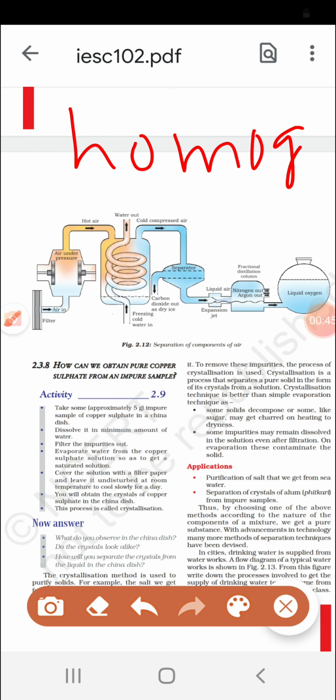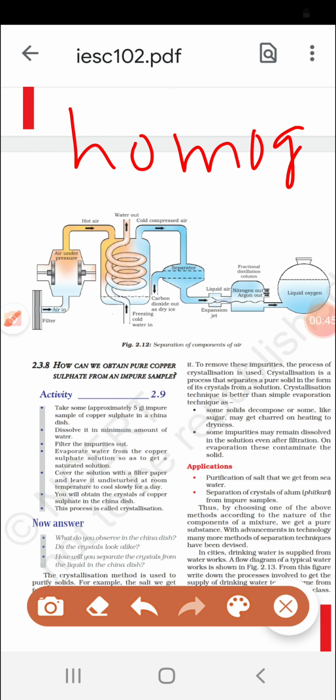Why? Because carbon dioxide, we know, will convert into a solid in the cooling process and it will block the whole pipe. So that's why we have to first remove the water vapor and the carbon dioxide. Then the air is compressed. This is the next step. Air is compressed to high pressure and then it's cooled.